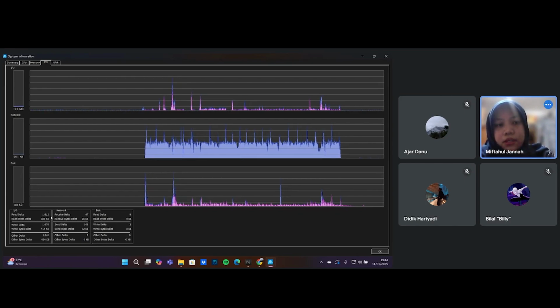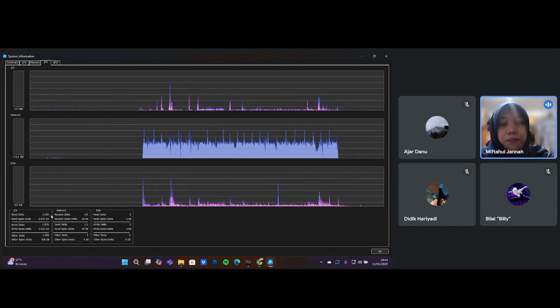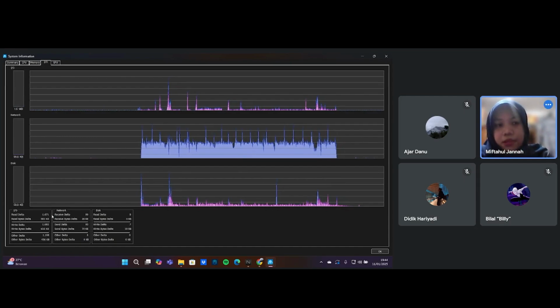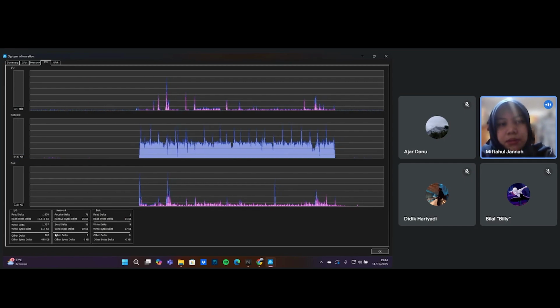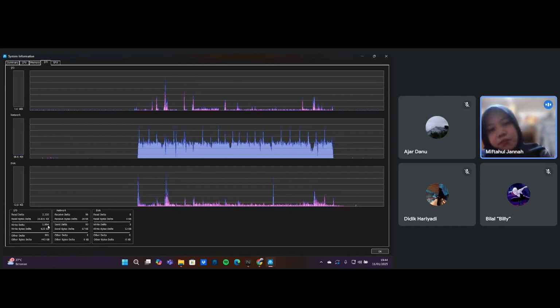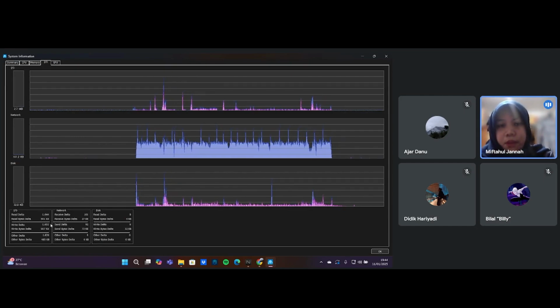Read bytes delta is the number of bytes read in a given period of time. Next, write delta is the number of writes in input-output operations performed by the process in a given period of time.